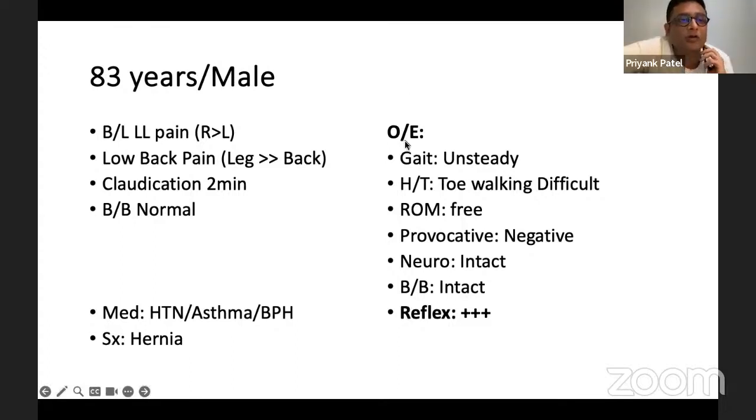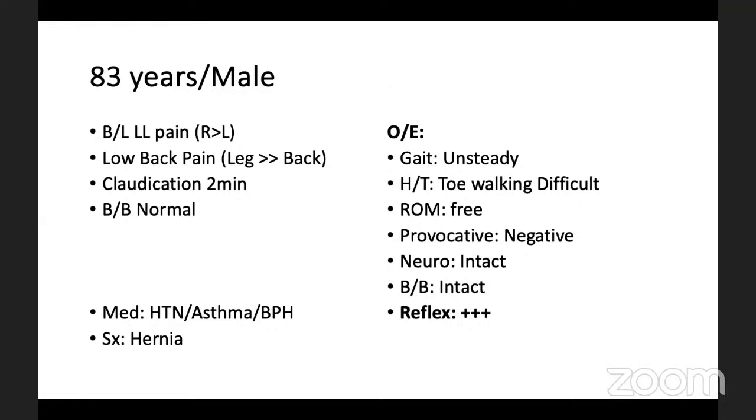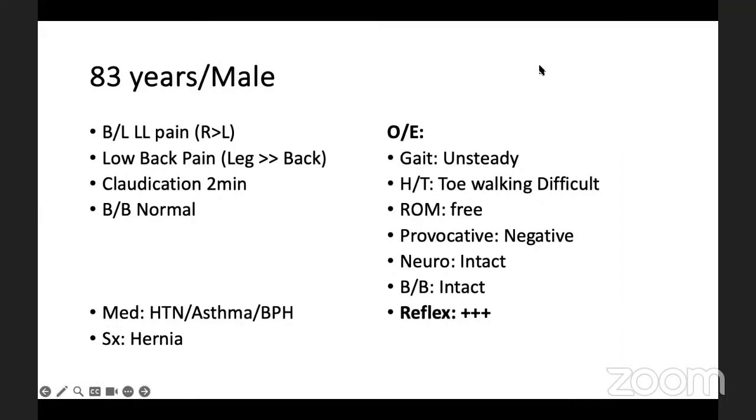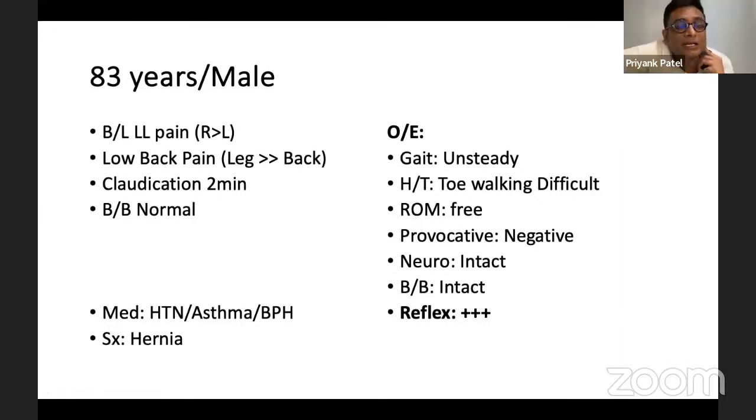Tell me what you will find in a pure LCS versus an LCS with a tandem stenosis. In a pure LCS, the upper motor neuron and lower motor neuron findings are going to be muted. Whereas in a tandem stenosis, you will find that the knee jerk is brisk and the ankle jerk is muted. So if you find in an LCS patient the knee jerk is brisk, then you have to start thinking that the patient has got tandem stenosis.